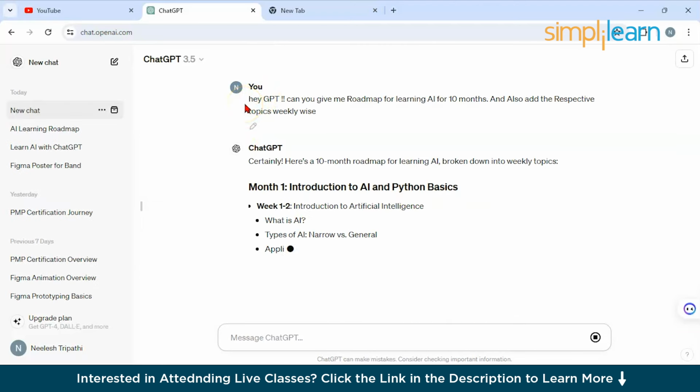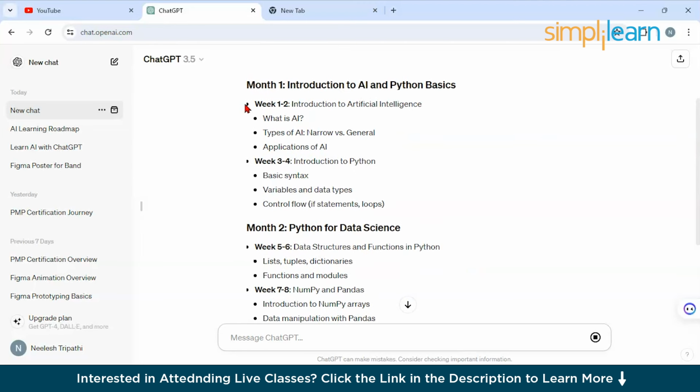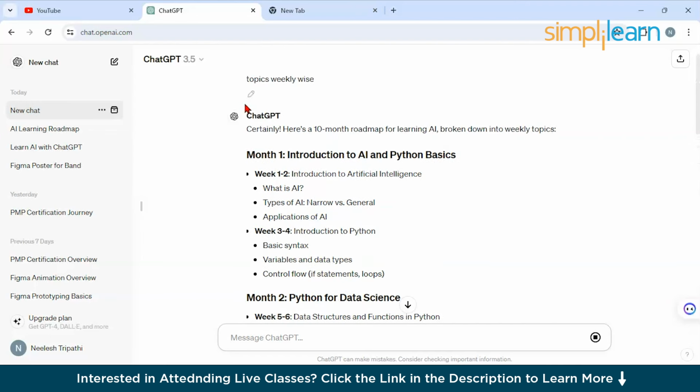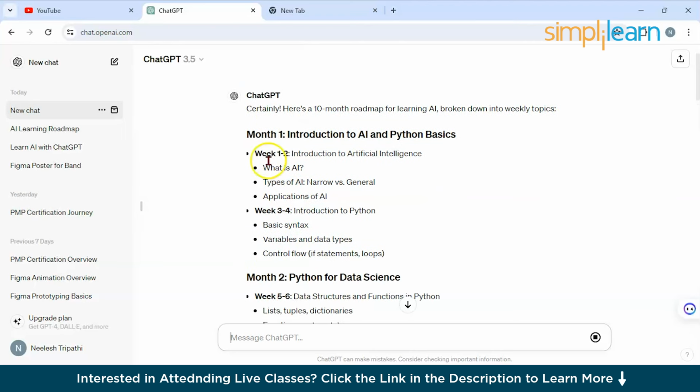Now guys, this is a prompt which I want you to also type, because you are going to get a roadmap from first month to 10th month. And you're also going to get a syllabus kind of stuff. And also for better clarity, you can ask for a day-wise roadmap also. For the first month, I can also give a prompt something like this: GPT, please give day-wise